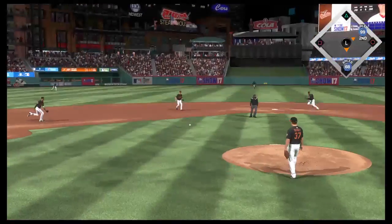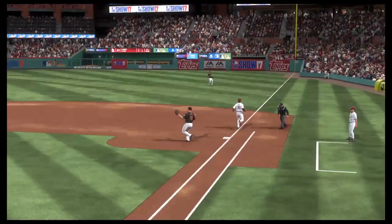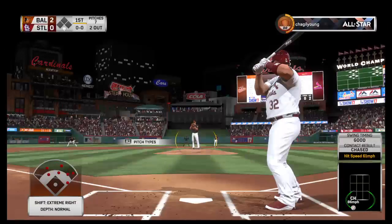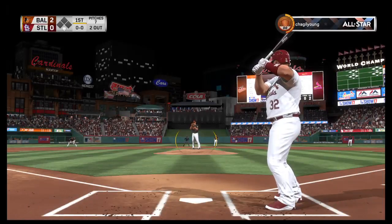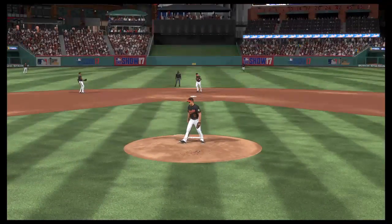Now here's a ground ball for Cozart. This could be 2. 1 there. Back to Davis, and they turn the double play. Into the box now, Matt Adams. First cuts for him here with the bases open and 2 away. Back to him on the mound. Oh, and he just...